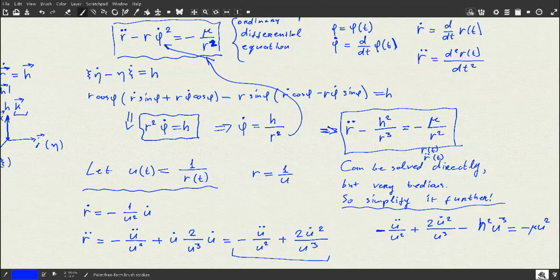Multiplying both left-hand side and right-hand side by the largest denominator, which is u cubed, we get